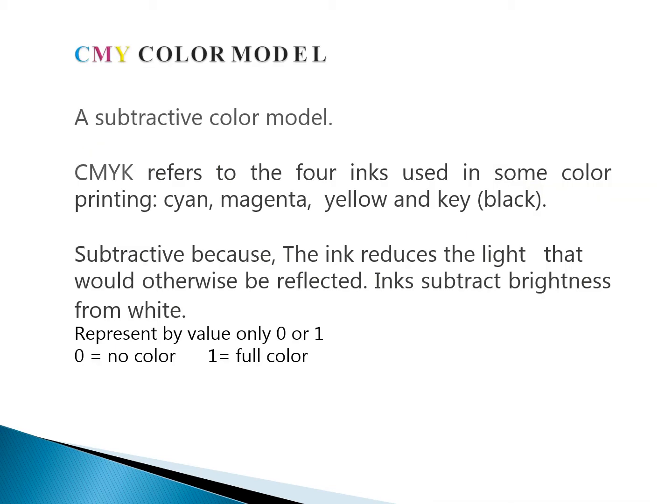The other color model is called the CMY color model. The CMY color model is for cyan, magenta and yellow, which were complementary colors in the RGB color model. This CMY color model is a subtractive color model. That means we are going to remove colors and then get different shades. That is why it is called a subtractive color model. In the CMY color model, we also make use of black as a combination with the CMY, and this is called the CMYK color model.